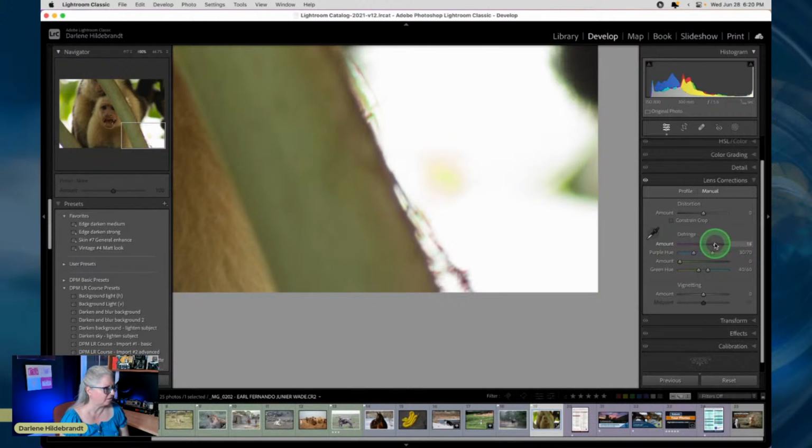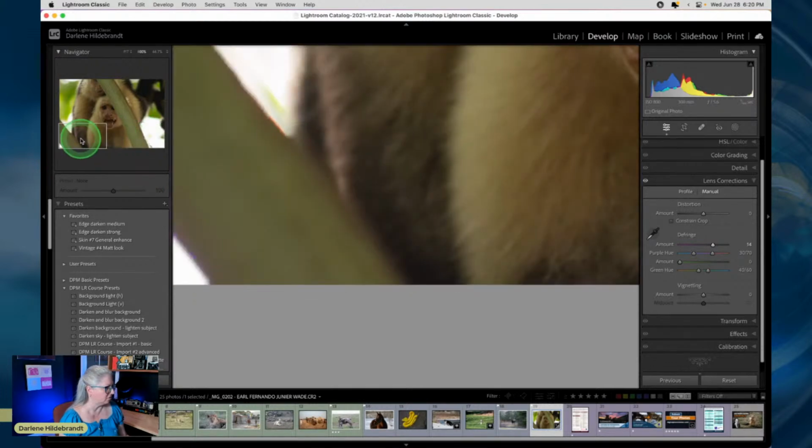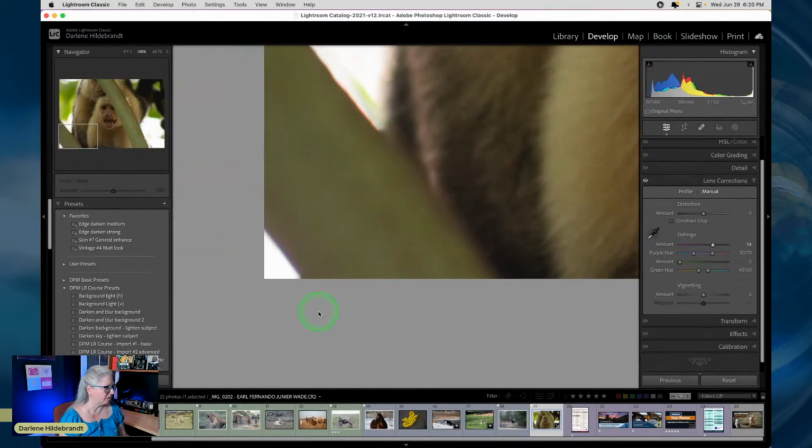So I can drag this purple slider up, and you can see that that did a pretty good job there. Let's check over here. Okay, also did a pretty good job on the purple. But what's happening here? It's got this red tinge here. So the purple is handled. You see that? If I do a before and after, the purple is handled, but the red is